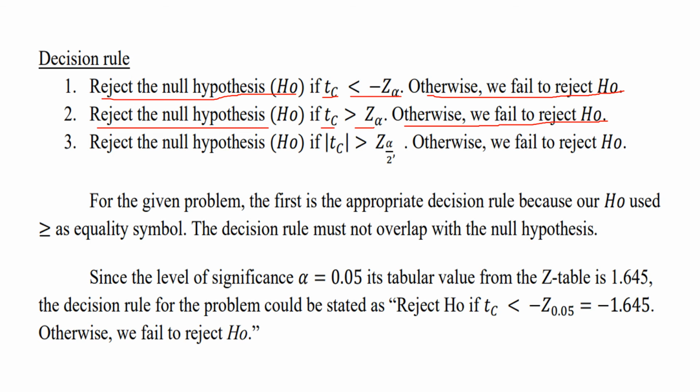And for the third one, we reject the null hypothesis H0 if the absolute value of your computed T is greater than your critical value with respect to a two-tailed test. Otherwise, we fail to reject H0. Actually, in this part, it's also a C value. Why? Because